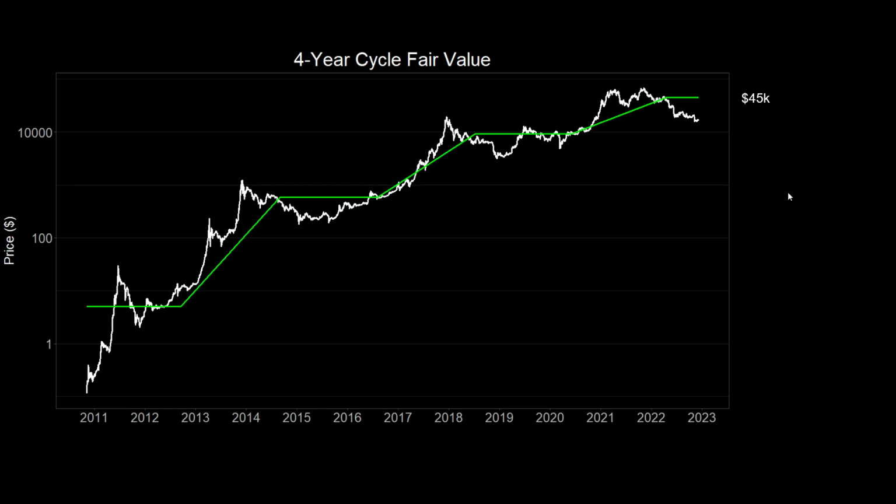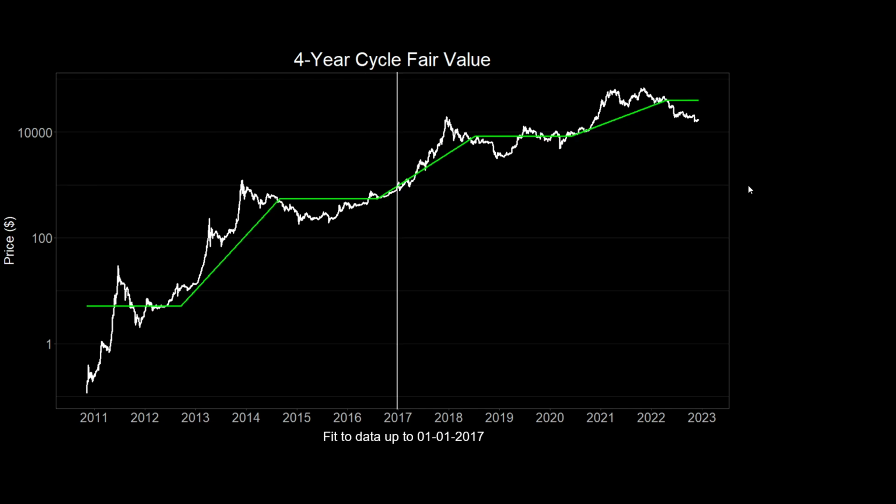Now, the other thing that's really useful about this is that this model is very robust to overfitting, or it's unlikely to just fall apart if you fit it to earlier data. So the version I'm showing you right here is fit to all the data of Bitcoin, and you could look at this and say, okay, well, it's just overfit. This isn't going to predict anything in the future. Well, if we do a little experiment where we only fit the model to data up until the first of 2017, which is what I've done right here,